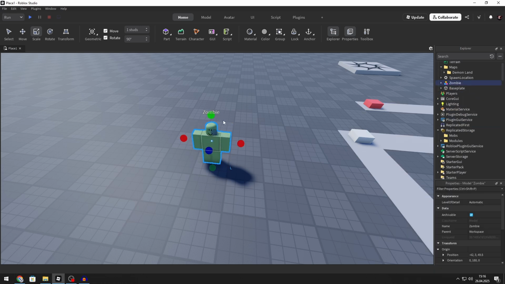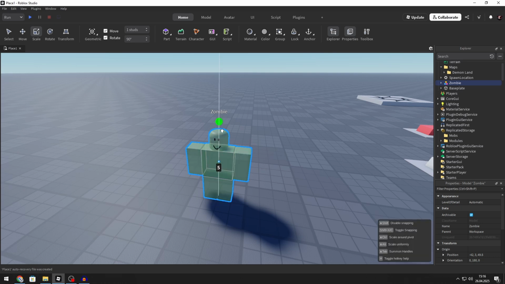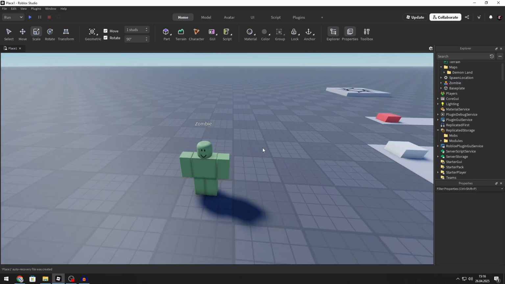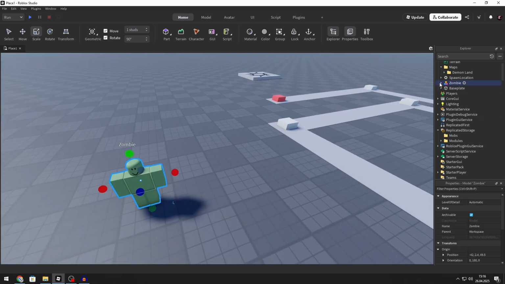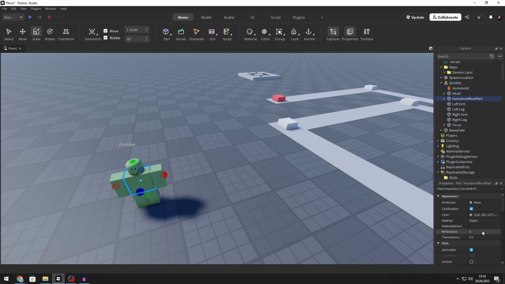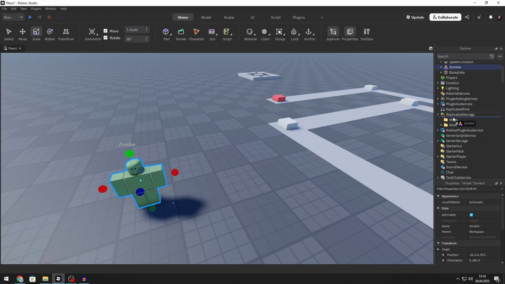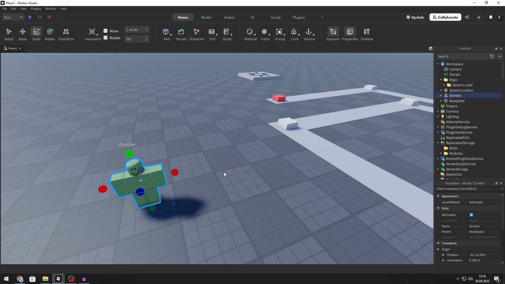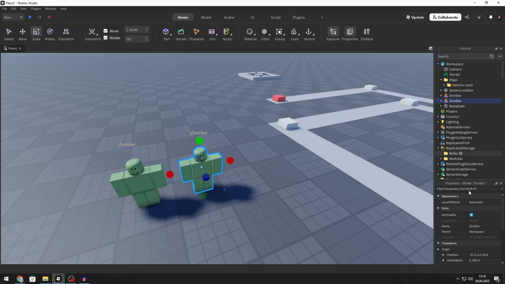And actually I can scale him down a bit, like to the 4, yeah, alright. Also make sure that this humanoid root path is anchored like this. It's not anchored, I mean, because he won't move. So now put him in the mobs. I will make another mob just for showcase, and I will call him, for example, what could it be? Let's do Speedy and make him